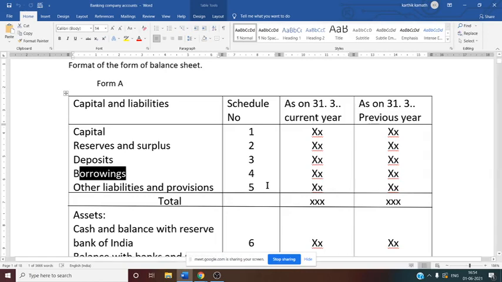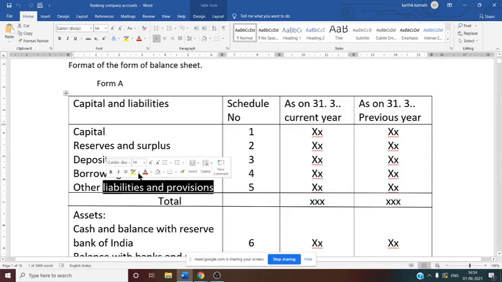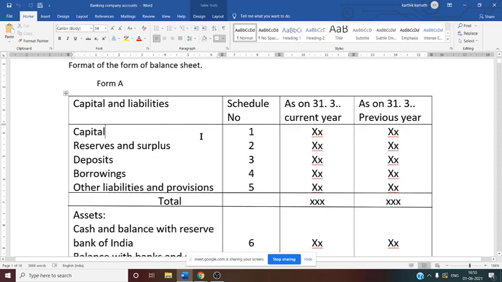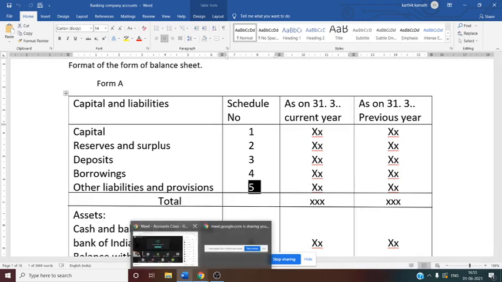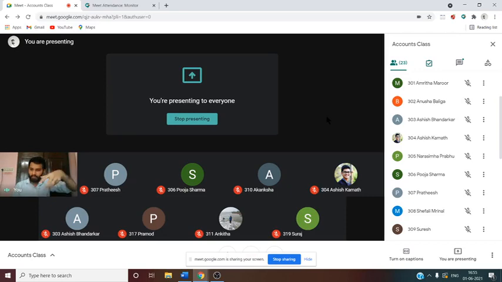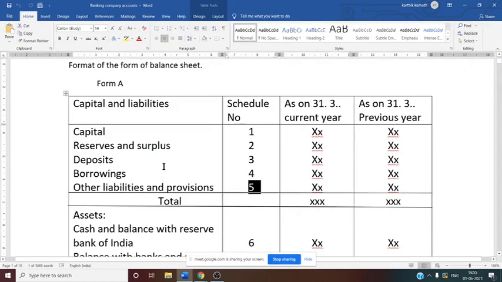Then comes schedule number 5. Now we have to see what items you can enter here. One is bills payable. Suppose bills payable information is given under schedule number 5 or in the trial balance, you can consider it. Similarly, there are inter-office adjustments. What do you mean by inter-office adjustment? That is within the bank or within the branches of the bank. You know a bank has many branches, so they also have some transactions, and that you can consider here. That is other liabilities: any inter-office adjustment, interest accrued, and any other provisions, if there are any, you can consider here under other liabilities.